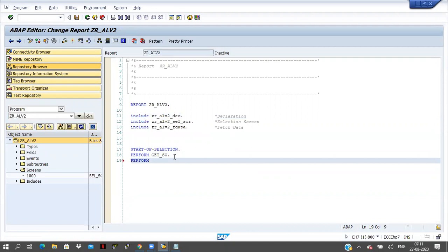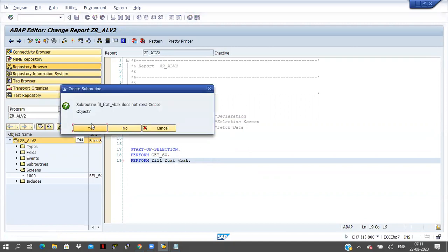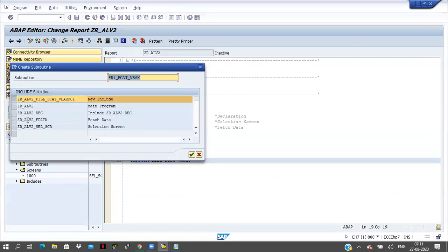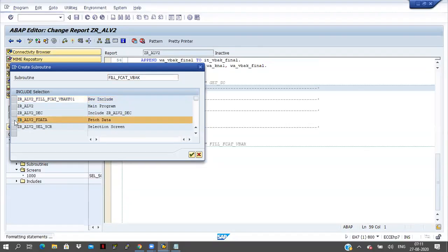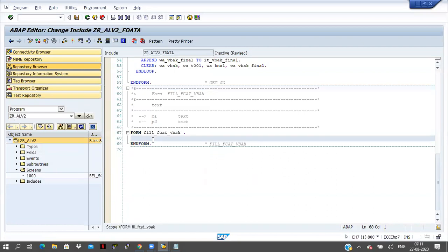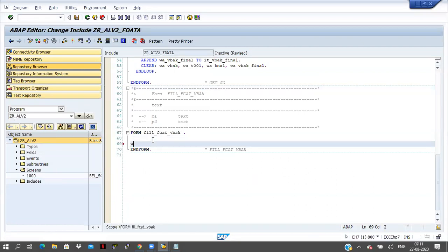Perform fill fcat vbak. Fine. Double click on this one, click on the Yes button. Where do I want to save this? I want to save it in the fetch data include. Click on the OK button. Okay, here I have to fill the data, right? So work area,